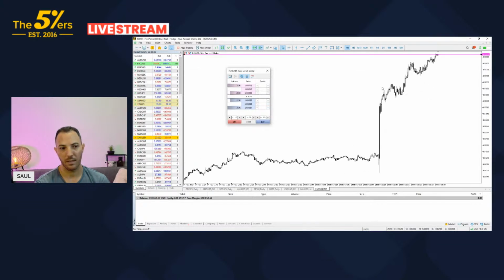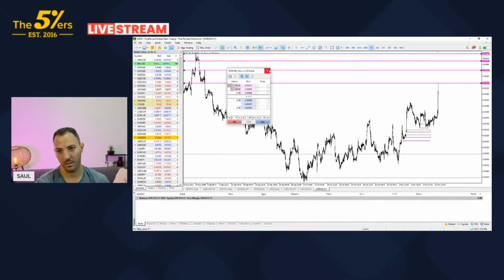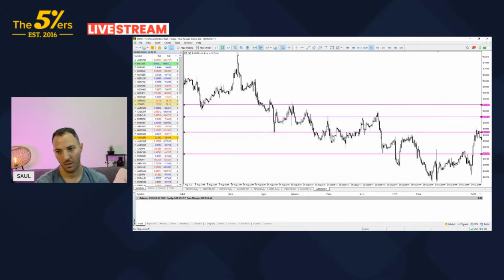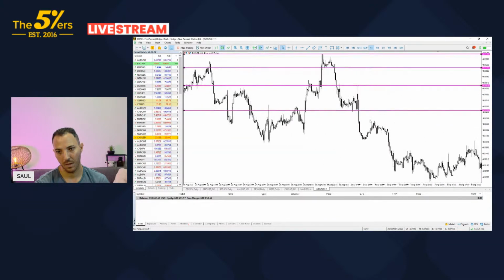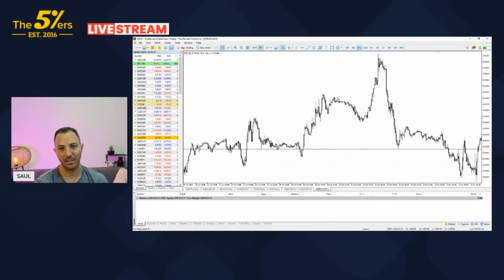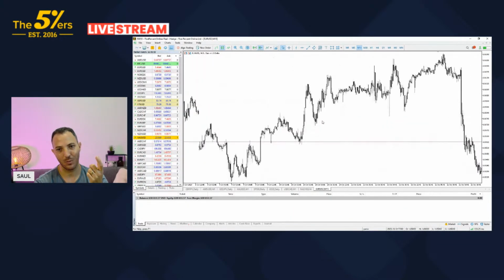Yeah, and it's getting to a nice supply area, yes, from the hourlies. Let's try to define that. Okay, let's go back. So we have this supply area. Ideally we could go into lower time frames, probably the 15-minute chart, and try to define that supply area even more.